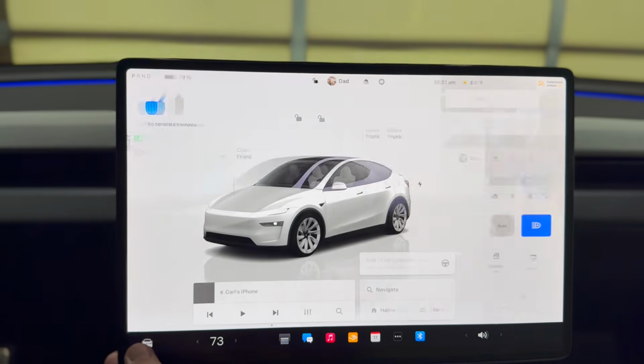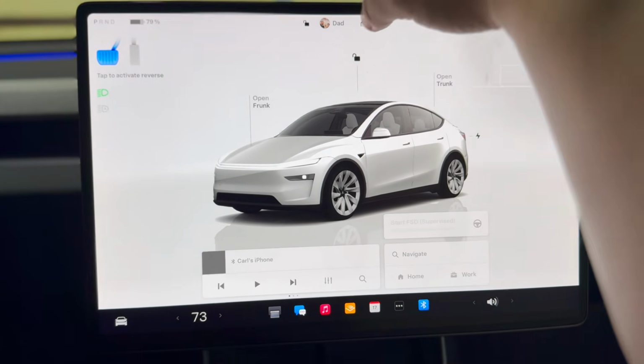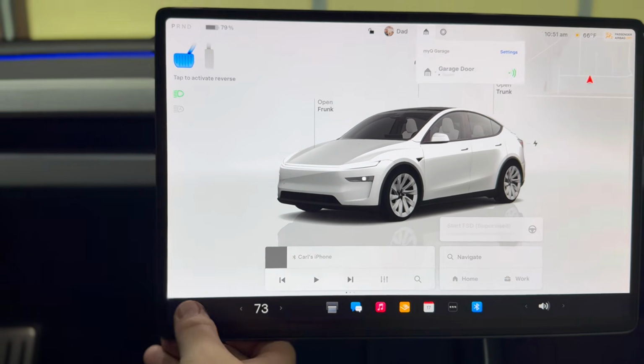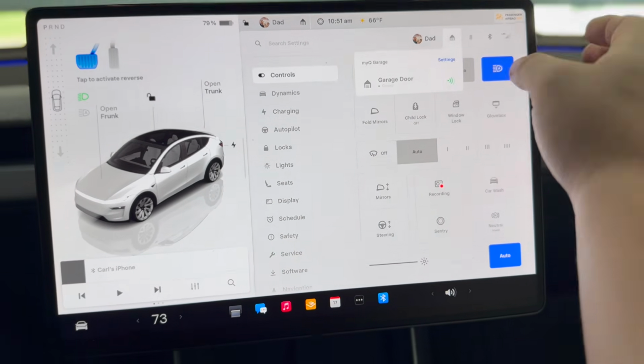So in fact, even if I don't open controls, if you just go right up here, you can click on your little icon there and it says it's closed, and I can tap on it and it is remoting open the garage door. The other thing is if you want to go to your settings here with a control and go there and you click on settings,